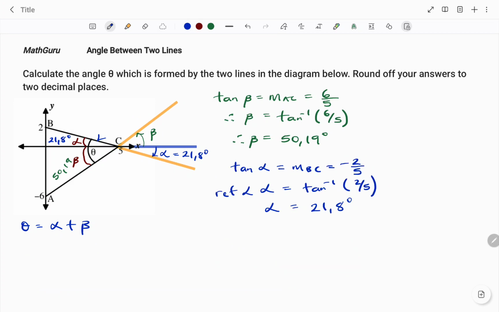Therefore, to find my theta, which I stated earlier as the sum of my alpha plus beta, that's equal to 21.8 degrees plus